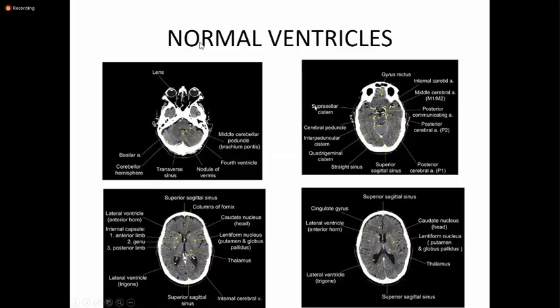To understand the hydrocephalus, you should have a basic concept of the normal ventricles. So normally ventricles are like this. Frontal horns are pointed. And if it is Mickey Mouse appearance, you will label it as hydrocephalus. This is the third ventricle. It's slit like. If it is ballooned up, I will show it to you in the next pictures. If the third ventricle is ballooned up, you will say it is hydrocephalus. Okay. And there is no periventricular lucency. So these are the normal ventricles.